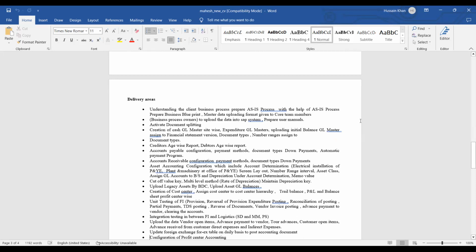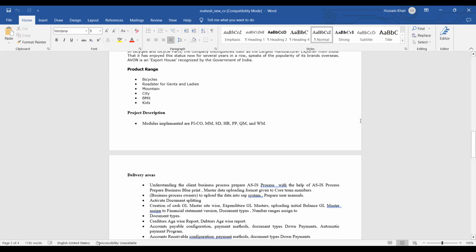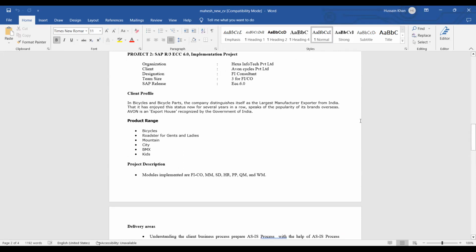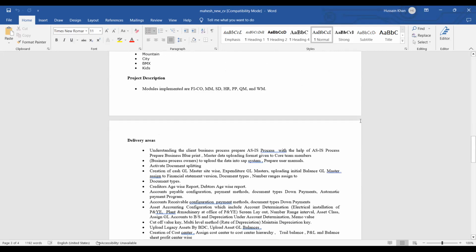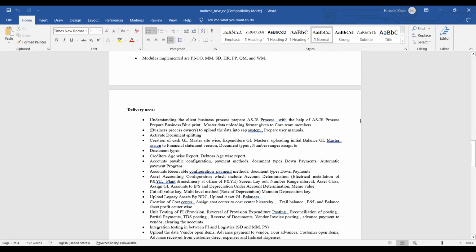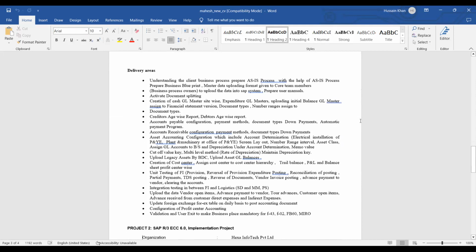So you can see here, if I will show you, let's suppose project. Here you can see that he has mentioned that he worked for a company called Hexa Infotech, and in this company, what were his roles and responsibilities, and what was the project. So it was basically an implementation project, right? And in this implementation project, what was his role and responsibility? So what he did actually. Here you can see they have mentioned the complete description, what were their roles and responsibilities, what they used to do in the implementation project, right?